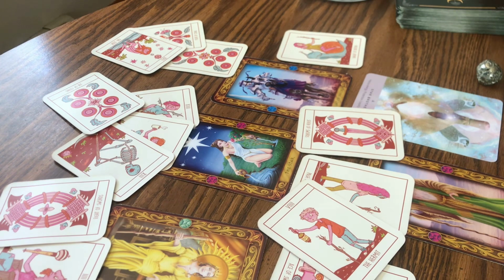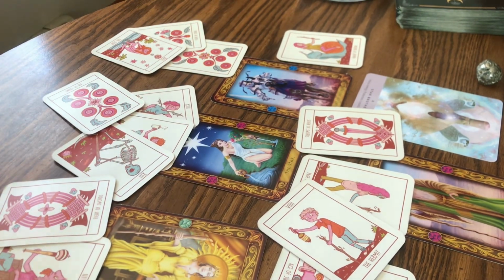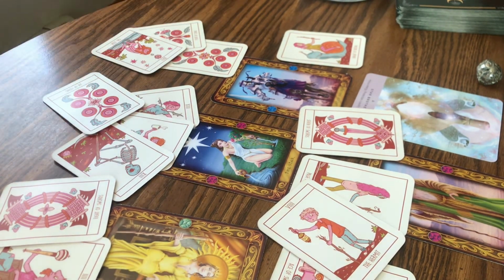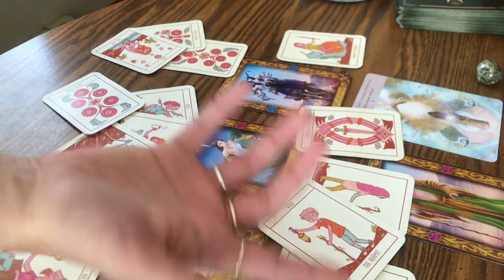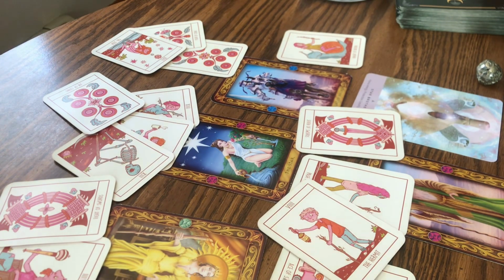Seven of Swords. This is somebody who might be cheating. This is somebody who definitely might be lying. This is somebody who's very strategic in order to get what they want. The traditional Rider-Waite-Smith Seven of Swords is a guy strategically stealing 6 other swords from other people. Why is he stealing it? We don't really know, but this is somebody who's very